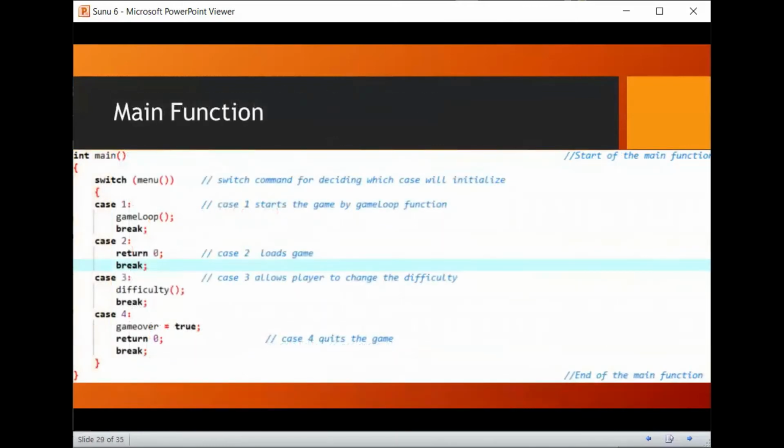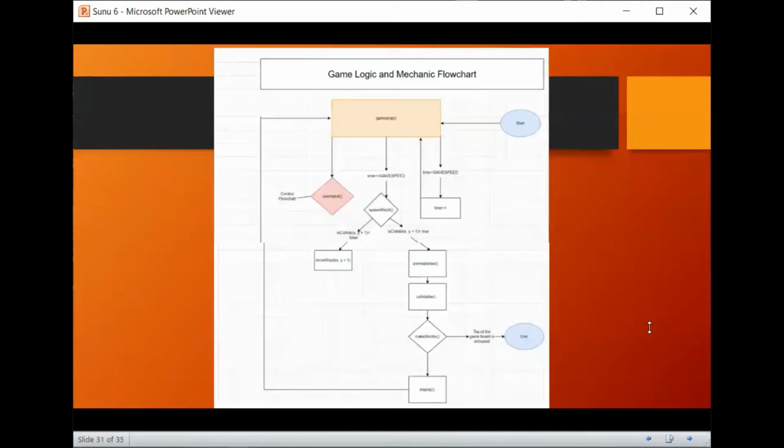And this is the main function. It lets the user play the game. Now let's explain the algorithm with flowcharts. We are in the game loop, and as long as time doesn't exceed the game speed, it increases. After it exceeds the game speed, we are in the spawn block. If the block is not collided in the next